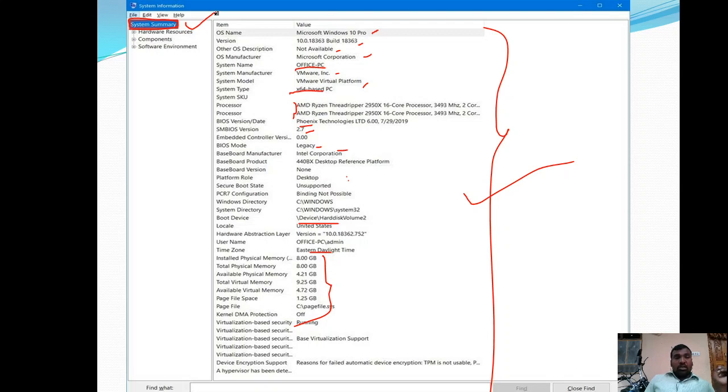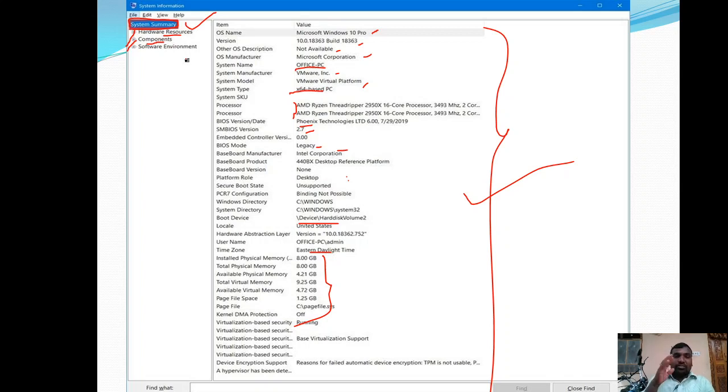Okay, so if you want to view the details about a particular device, for example, if I want to view the hardware resources that are available, then you go to this, and only the hardware resource details are displayed. If you want to look at a particular component, go to that component and click on, for example, Display, then it is going to give all the specification details related to the display.